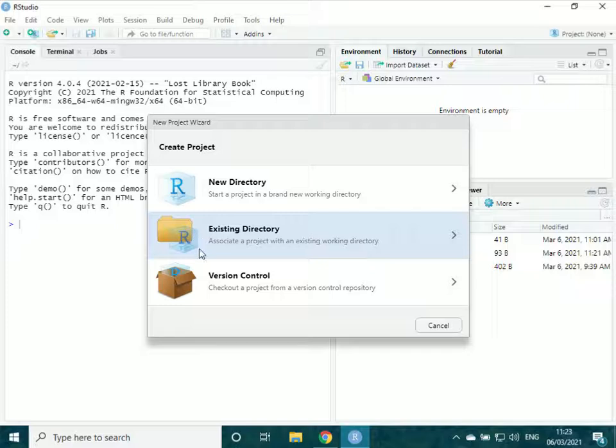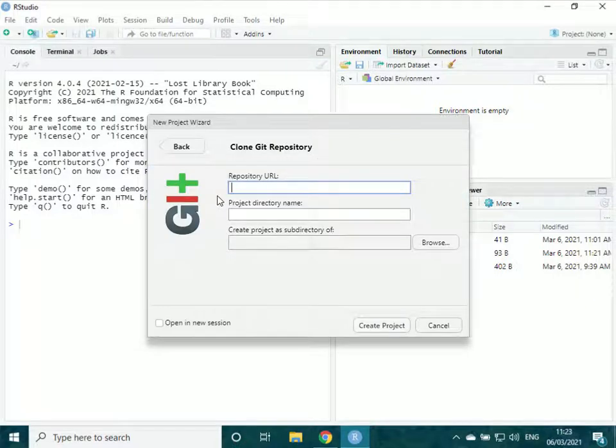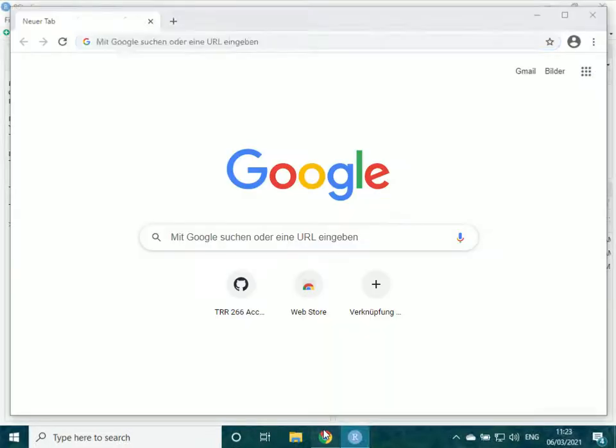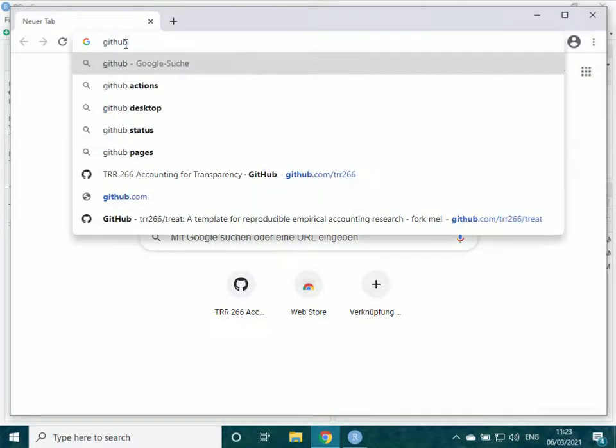Our studio is organized around the idea of projects. Projects combine code and maybe papers and documents all in one neat place. Think about it like a project, like a directory folder or something. Now we don't start from scratch because we want to reproduce something, and what we want to reproduce is